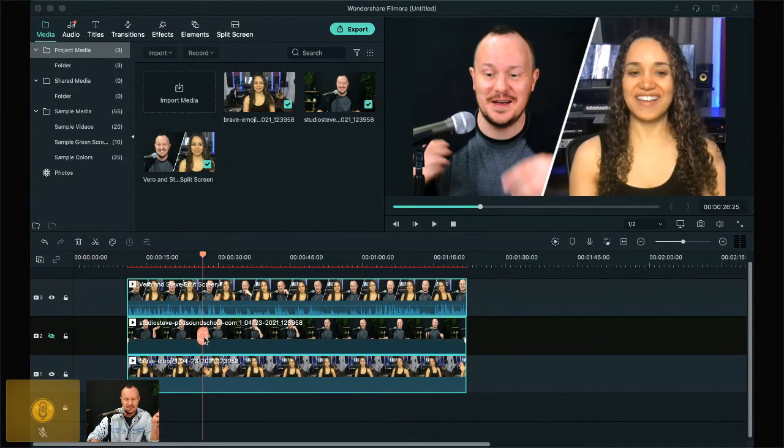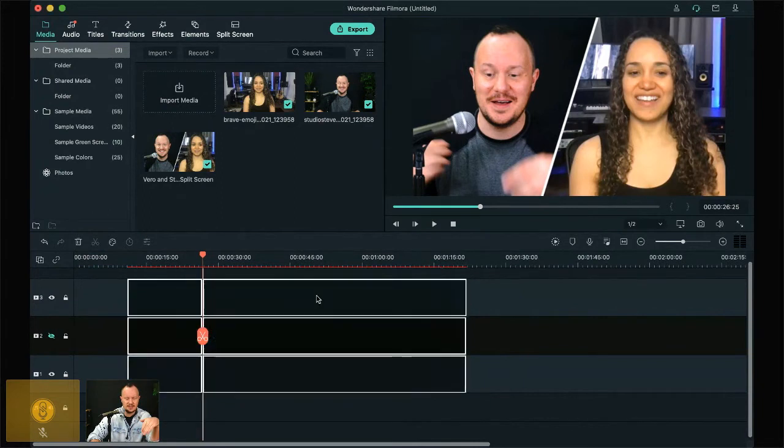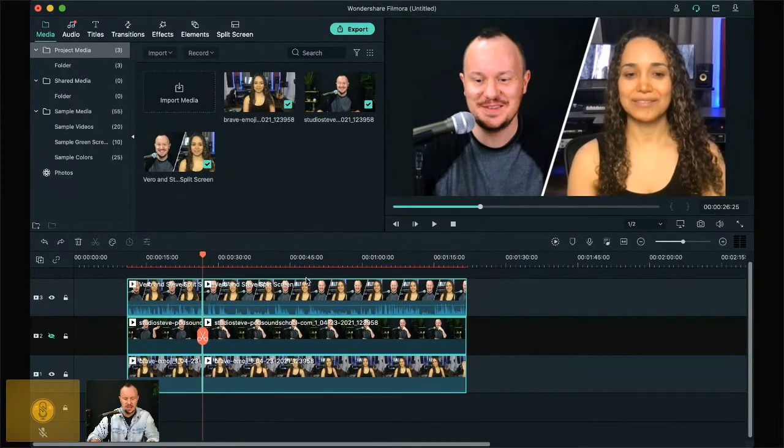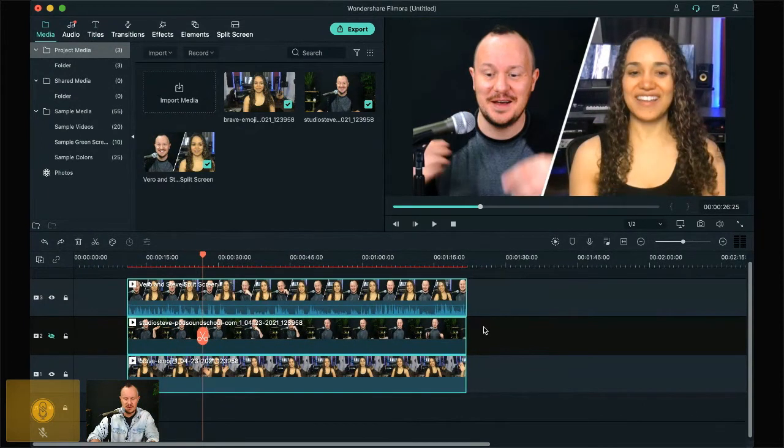If you split this, it'll split it, and it'll say, "Do you want to keep the split clips as a group?" And if you keep them as a group, then this is all still grouped together, which means you won't be able to remove the parts you want to remove. So what I do is I actually don't group them together at all, and I just come through here and split this.